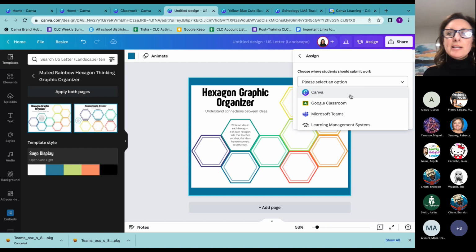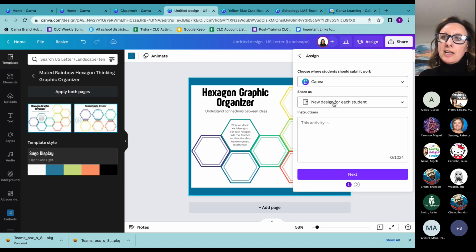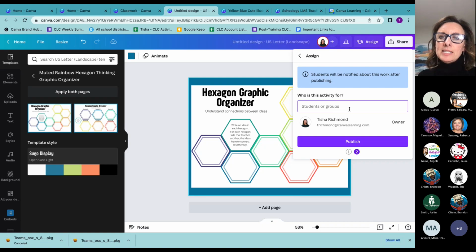I can decide if I want to assign it through Canva, Google Classroom, Microsoft Teams, or a learning management system. I believe if you create an assignment in Schoology, you'll be able to grab that link in Schoology. So that kind of depends on how you are sharing your things. And then, let's say I wanted to share it in Canva. I would share as a new design for each student. I would give my instructions here. And then I am going to be able to decide what group of students I want to publish that